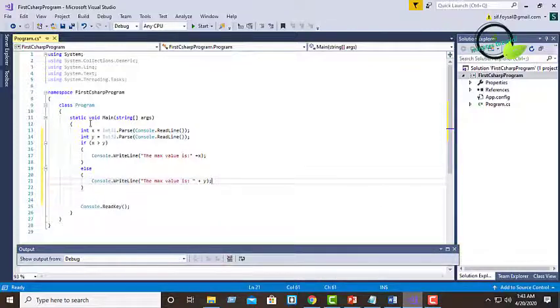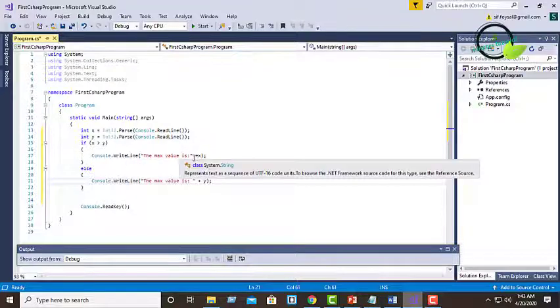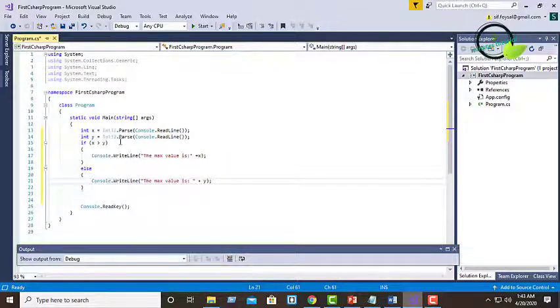So here we are checking if x's value is greater than y, then we will print the max value is x, and if the condition is false, then we will print the max value is y.